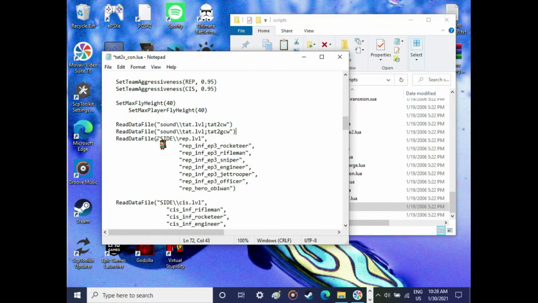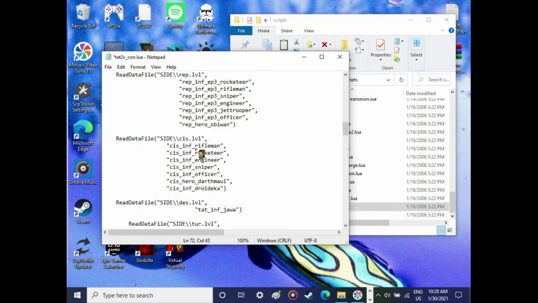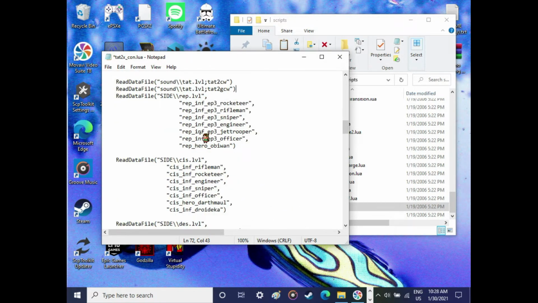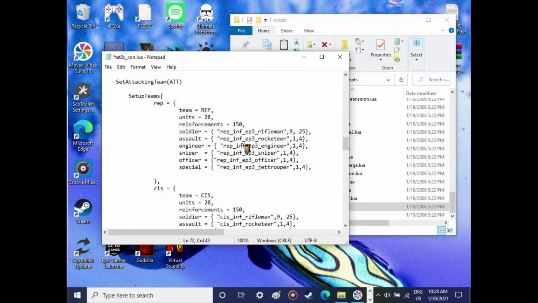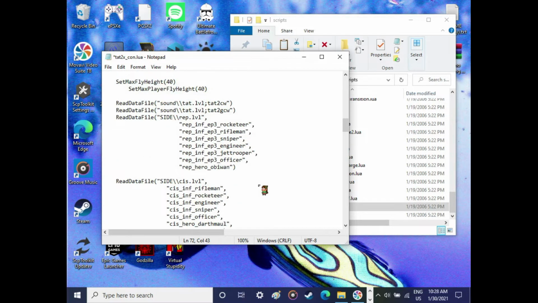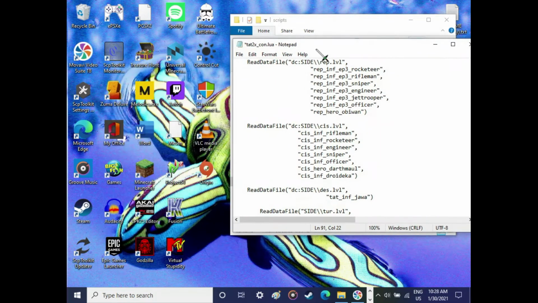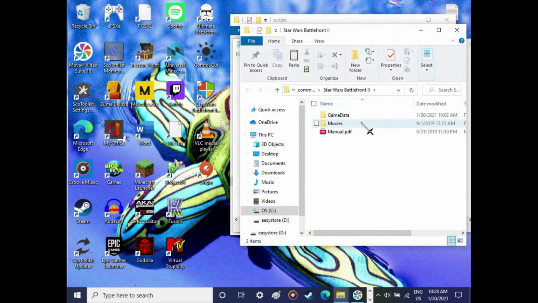Another thing you have to do is it'll have all these, it'll have rep, CIS, it'll have all the teams that are used in the map. All the units. Down here is where you actually set them up. This is where you set up what units you want. And I'll do this later, but right now, you have to make it say mod instead of the one that is located in the stock mission side that would be in your game data